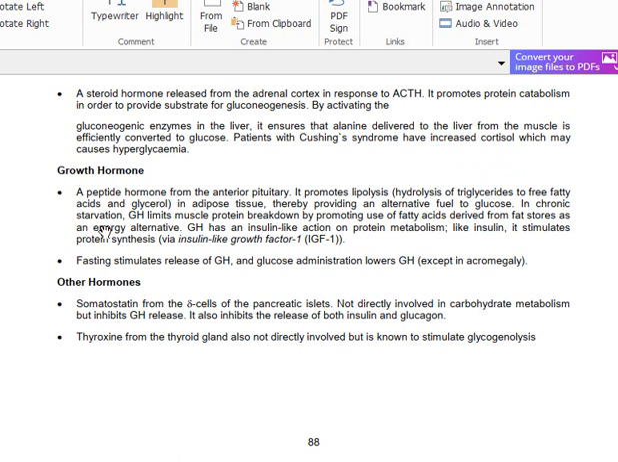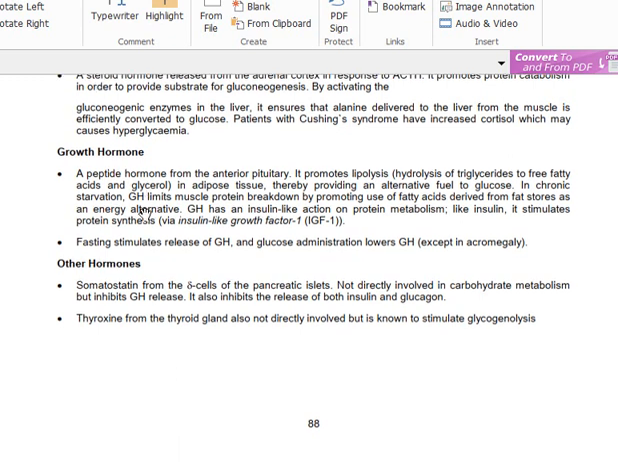In patients with chronic starvation, growth hormone limits muscle protein breakdown by promoting the use of fatty acids derived from fat stores as the energy alternative. Normally, growth hormone's end phase is to produce proteins. Is it clear? That's the main role of growth hormone: it produces proteins by converting fatty acids first to glucose, and then converting glucose to produce the amino acids that are going to produce the proteins. Is it clear? So